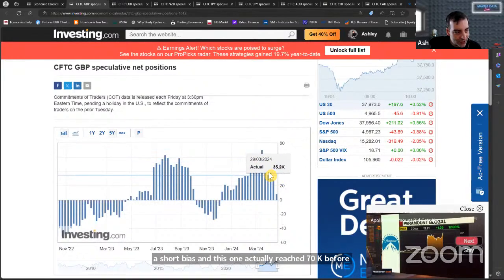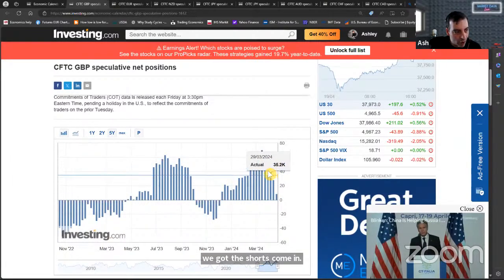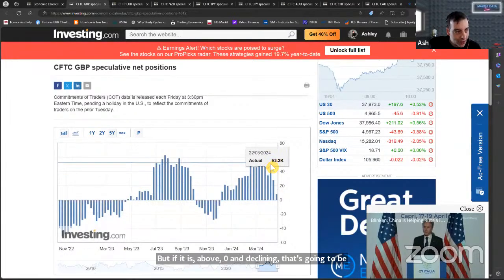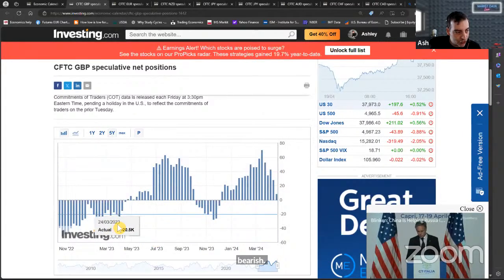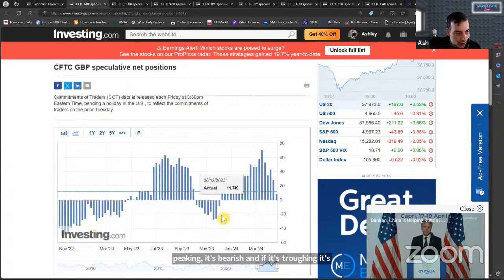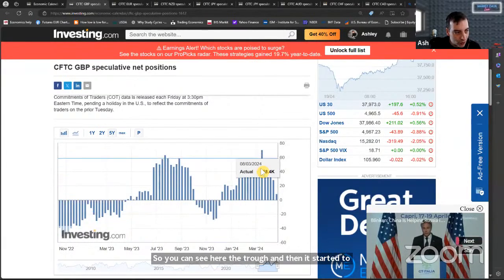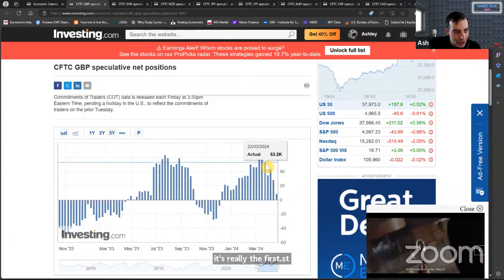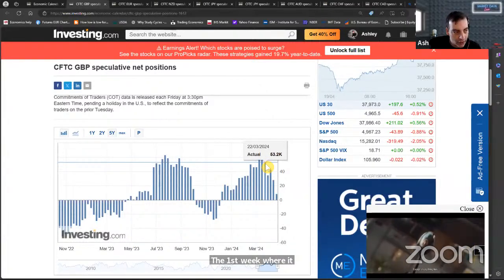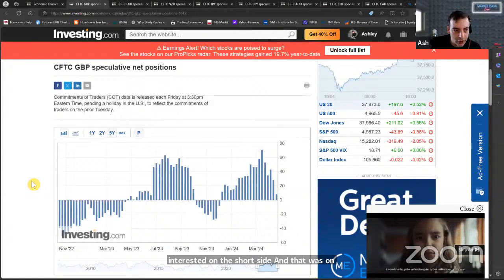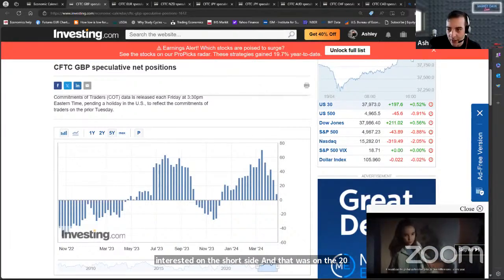But if it is above zero and declining, that's going to be bearish. If it's above zero and growing, it's bullish. If it's peaking, it's bearish, and if it's troughing, it's bullish. So you can see here the trough, and then it started to grow up. But what you're really looking for with this one is the first week where it declines, where you start to get interested on the short side. And that was on the 22nd of March. And if you have a look on the charts on the 22nd of March,